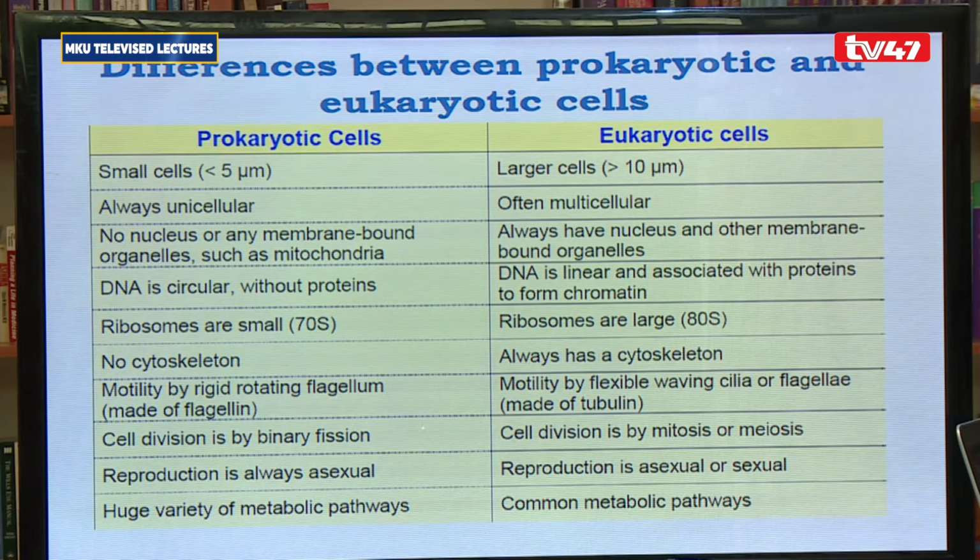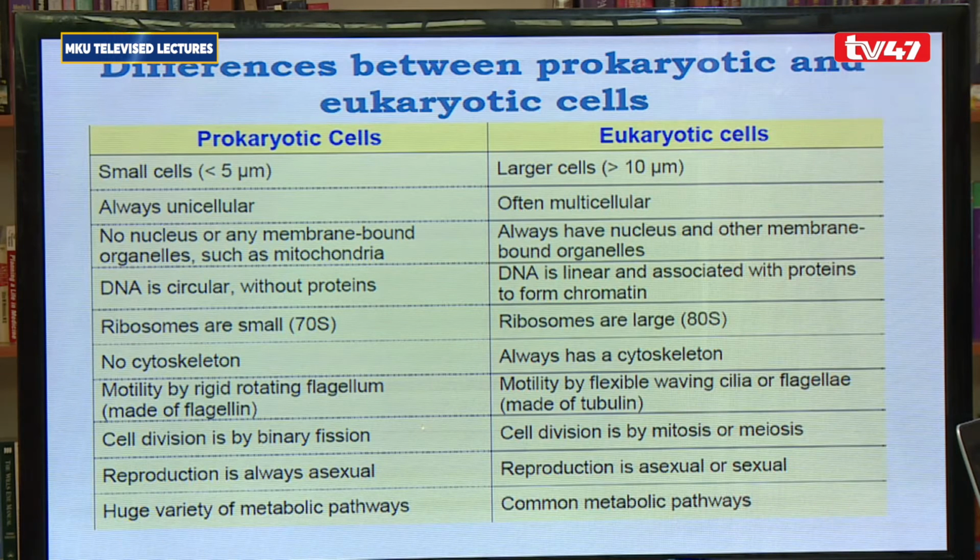But that means if you centrifuge them, how will they sediment? And that's why you have the term there 70S and 80S. These are what you call Svedberg units. So this tells you the ribosomes in prokaryotes would be lighter than the ribosomes in the eukaryotes. Another thing we already mentioned is that the prokaryotic cell has no cytoskeleton, while the eukaryotic